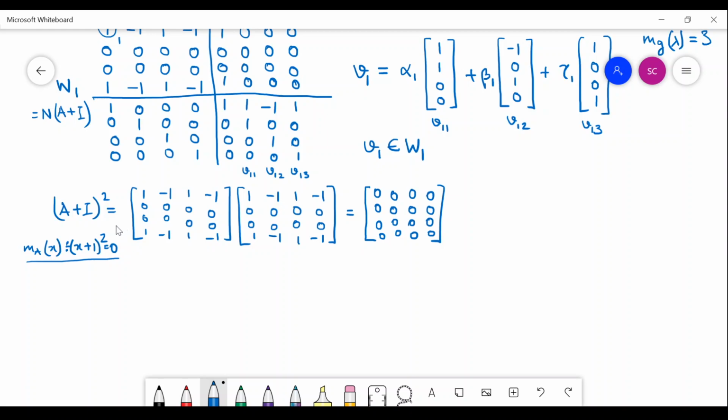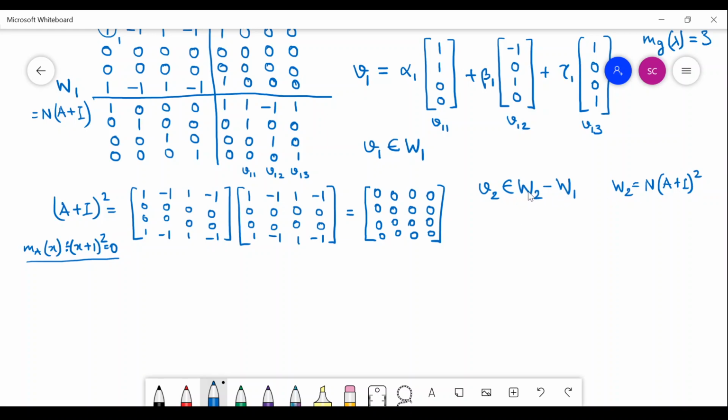So here you have to now find out the eigenvector v2. The vector in the null space of (A + I)^2, you have to find out. Okay, so we are trying to find out v2 in omega 2, which is not in omega 1. This was important. I hope you remember. Now omega 2 is what? Omega 2 is the null space of (A + I)^2.